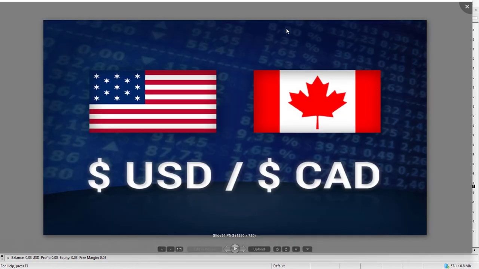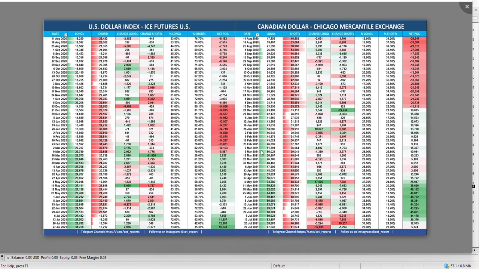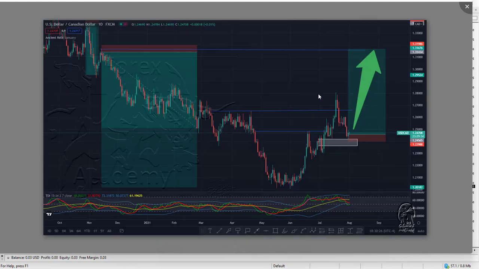And then USD CAD, we are having a bullish Canadian dollar, while it's been driven by the dollar index. And then this was my anticipation from previous week. I was expecting them to bounce around the zone, and then they broke, and then they targeted this order block, and then I'm expecting them to take out this market price